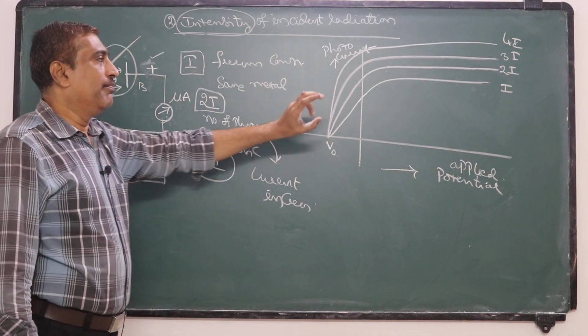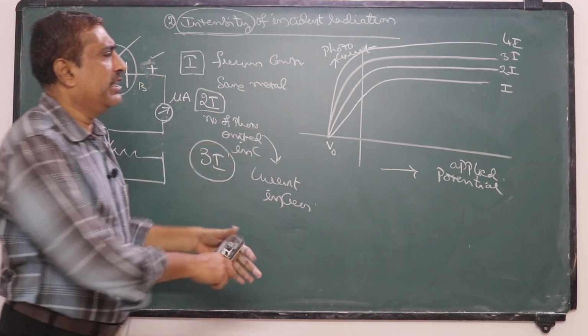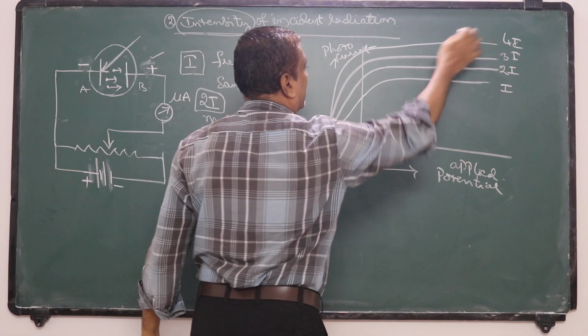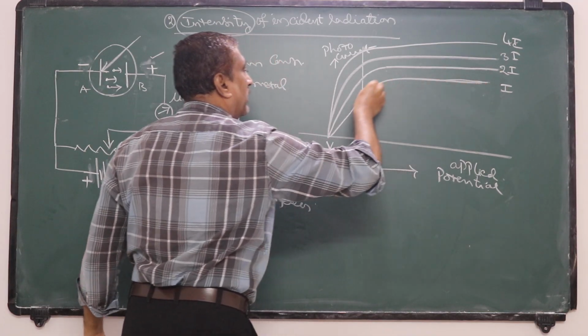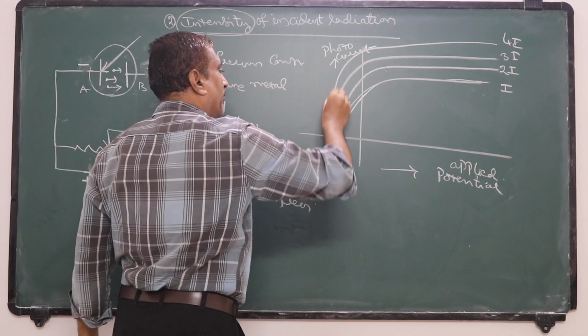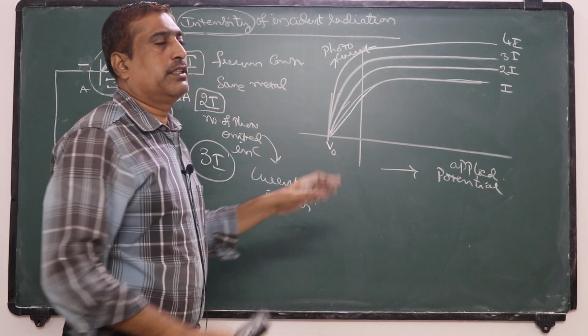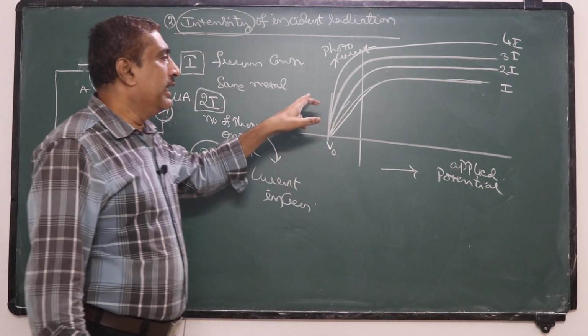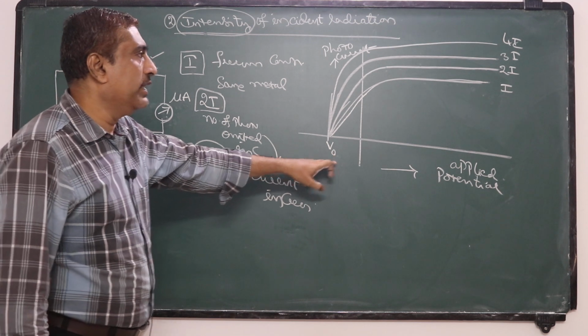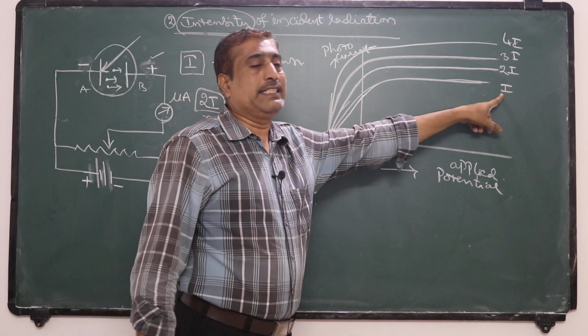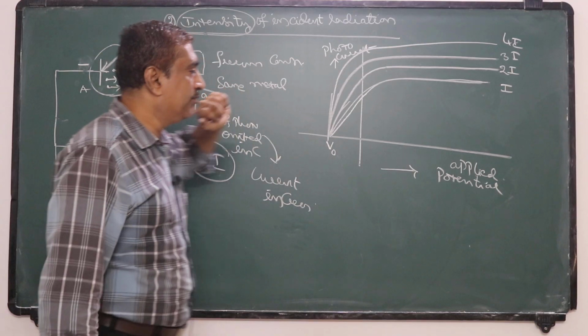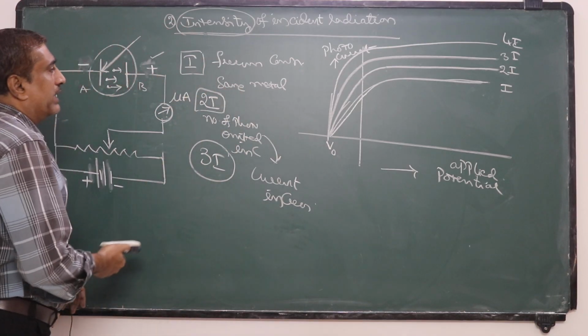So the stopping potential is the same for all these three intensity curves. All of these three curves coincide at the same point. So from this we can say that the stopping potential is independent of the intensity of incident radiation. Now the next case,